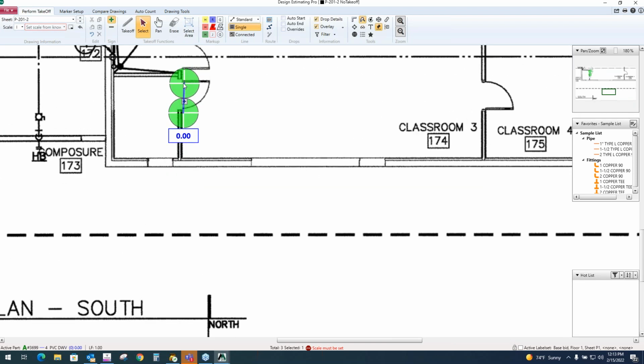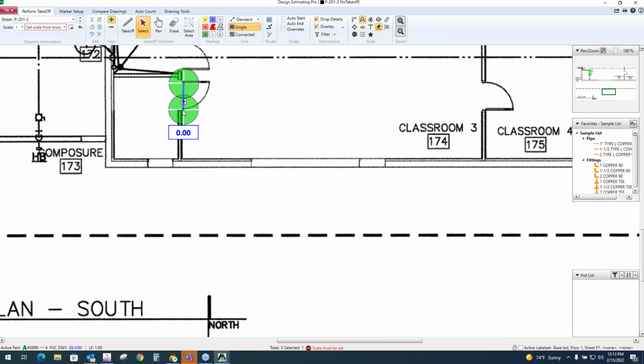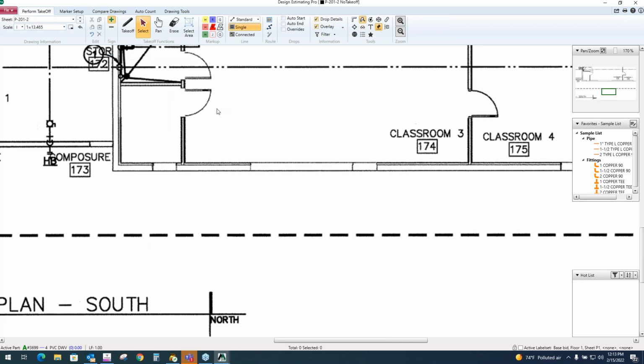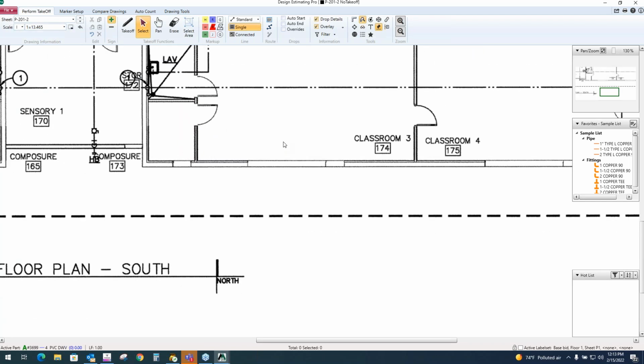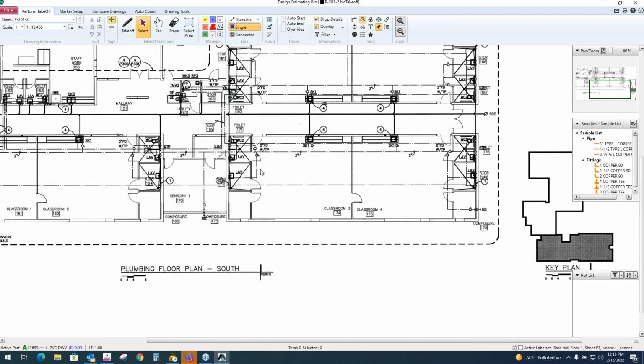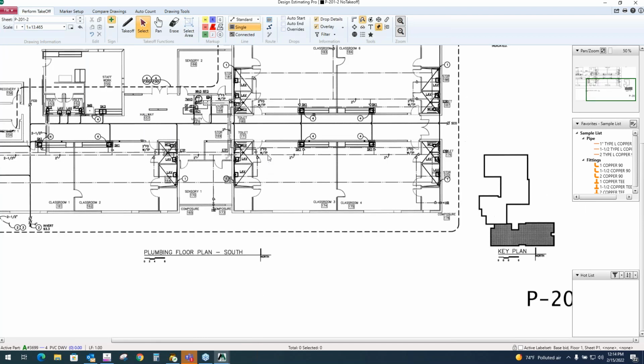Essentially, we just line up these little crosshairs and we tell McCormick how much that is. What is that value? So in this case, the doorway is 3 feet. I'm going to type in a 3 here, hit enter. I've got my own scale now. So the doorway is always 3 feet no matter how you look at it. Whether you're zoomed in all the way or zoomed out all the way,